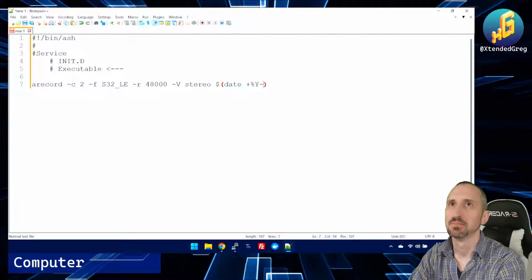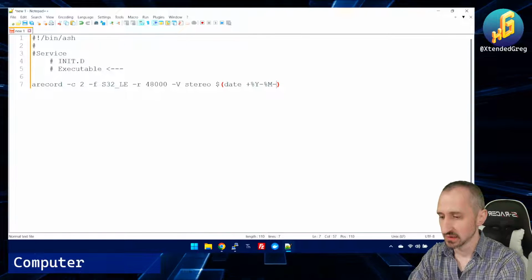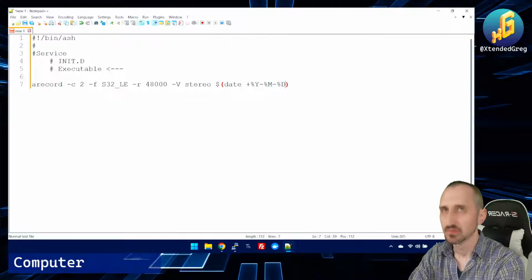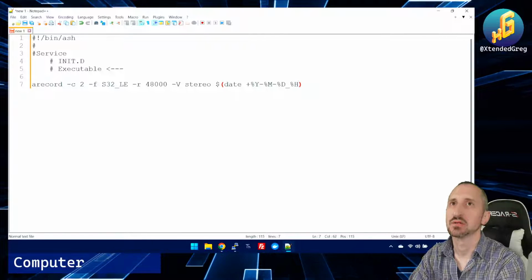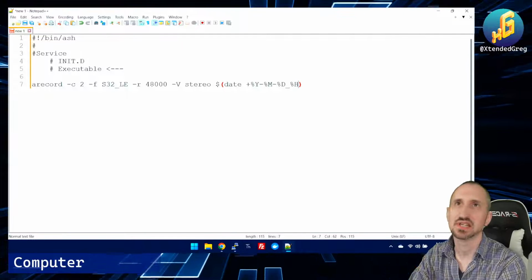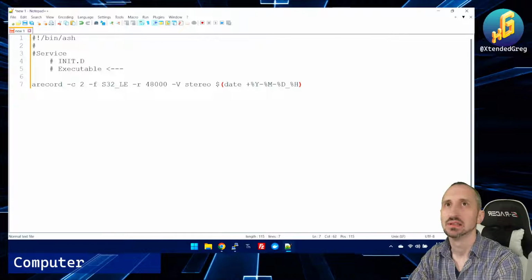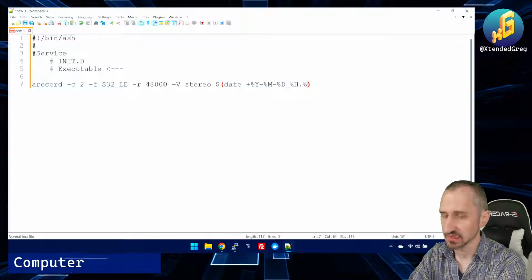So we're going to do year, %, month, dash %day, underscore, %hour, capital H should be 24-hour clock, dot minute, and that's small m,